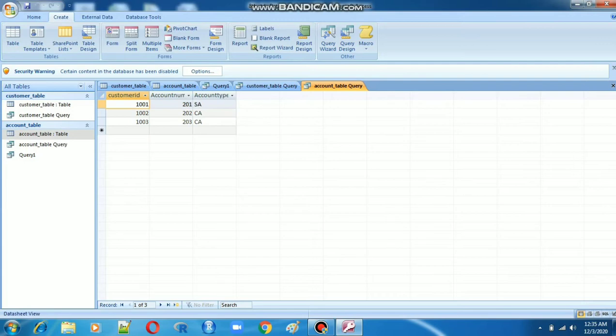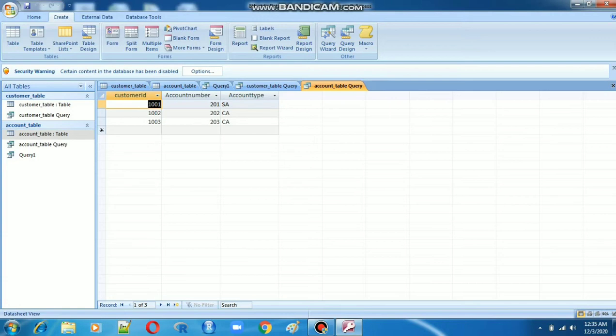See here, what are the fields selected? In the account table we selected customer ID, account number and account type, savings account or current account. These are all for a customer table query and an account table query. We selected the fields.